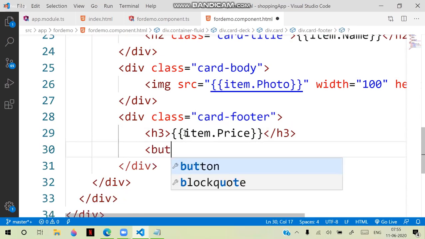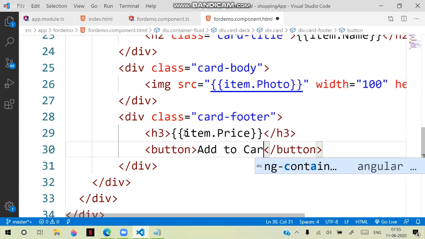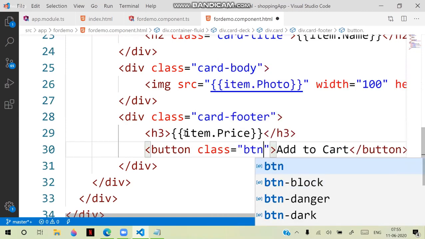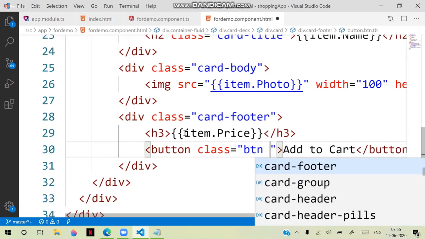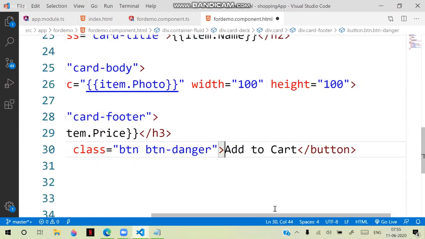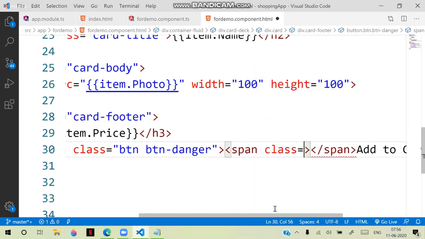Below this, I'm adding a button, an add to cart button, with the classes btn and btn-danger. And here I am using a simple span, using a class f